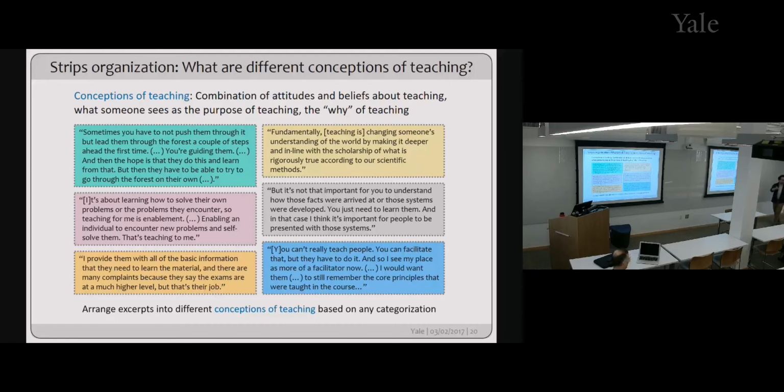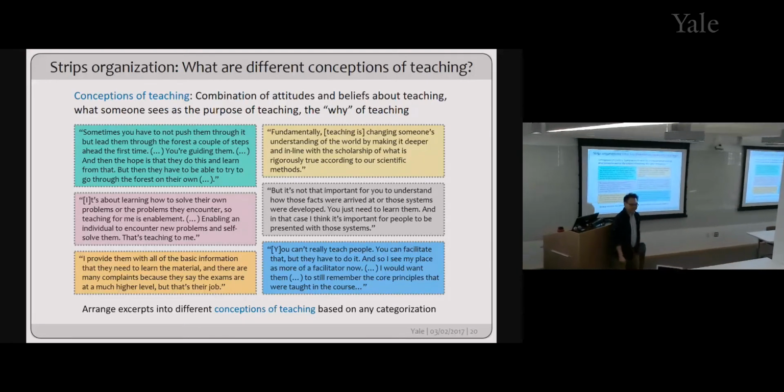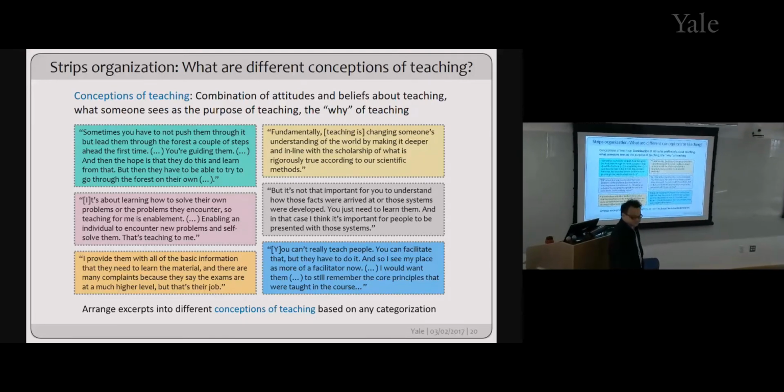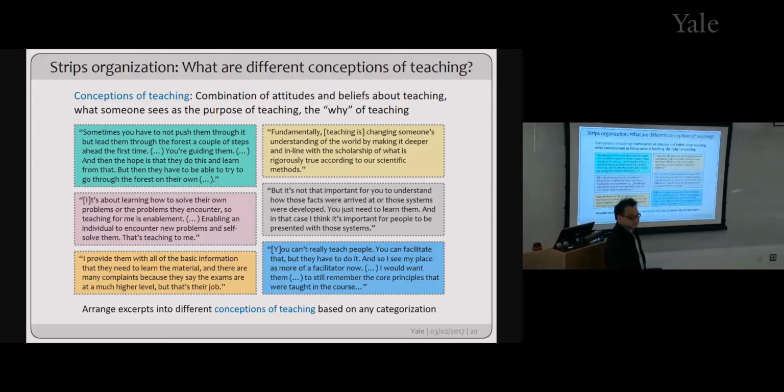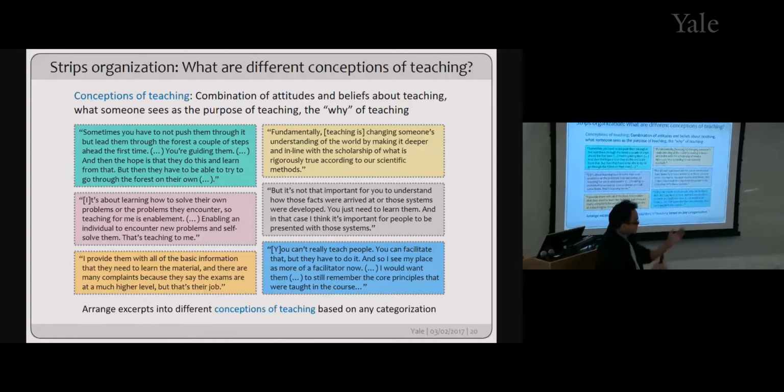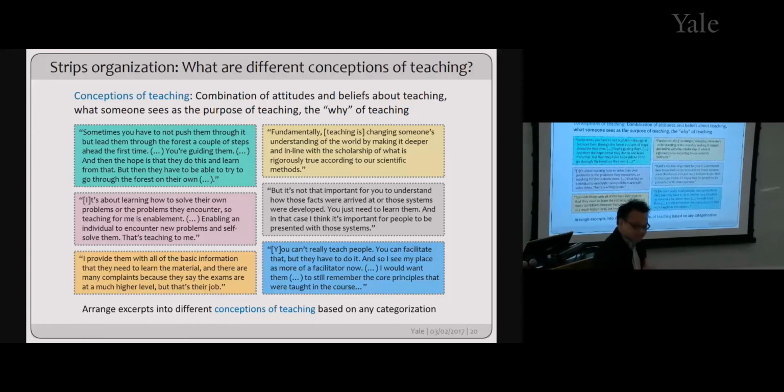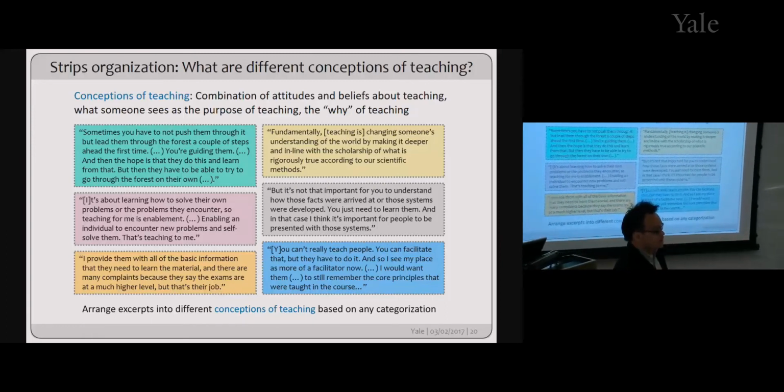Did any other group notice anything else? Yeah, we had some trends. I'll say only one of them. Sure. Maybe Alex can pick it up. We saw that some are more student-centered and some are more teacher-centered. Okay. So some are perhaps more focused on the teaching and the instructor, and others are more focused on the learning and the students. Okay.